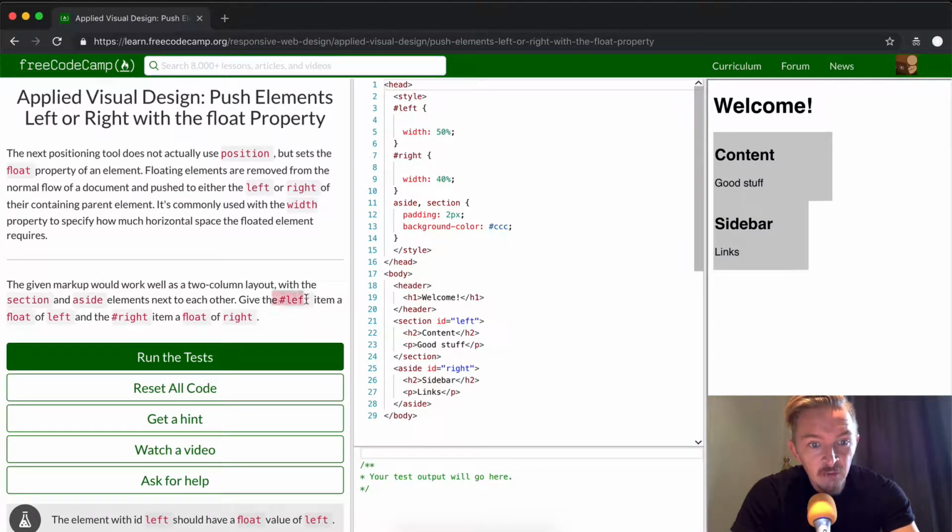Give the hash or the ID left item a float of left, and the right ID item a float of right. So here you've got the left and the right, and so the left and the right correspond with the ID here. The left is here, and so content, good stuff. This is the one that we'll want on the left, and then on the right we have the ID of right, because, why is it ID right when you look over here? Because of the pound sign, and so we're going to want where it says sidebar and links to be on